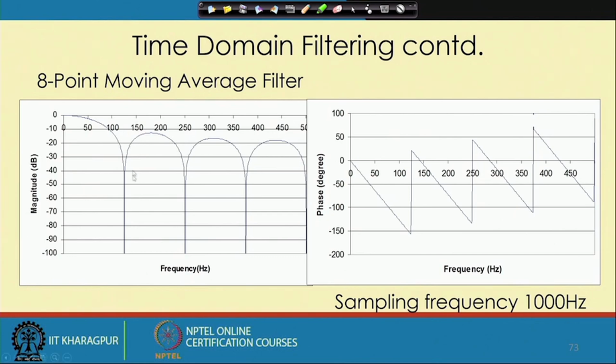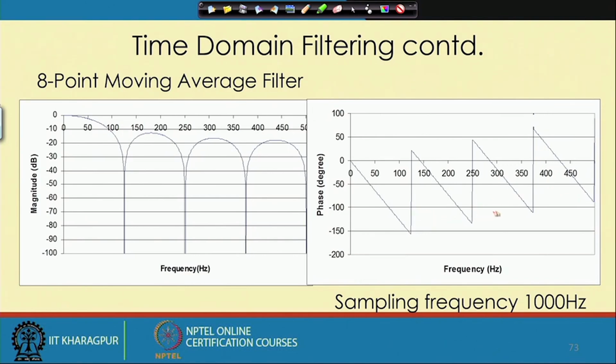The characteristics of the zeros are coming here, and as we see, it has to go to 0 at 125 hertz. Very quickly we are getting that minus 20 dB reduction, just beyond 100 hertz. If you are interested in the 3 dB cutoff, then it is coming at around 50 hertz. Now, if you look at the phase plot,